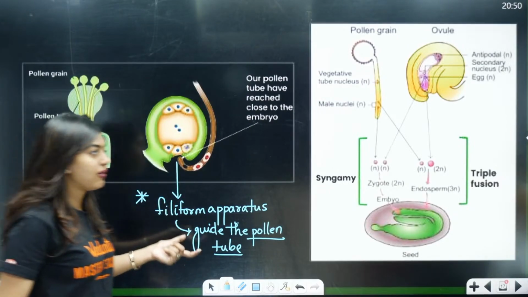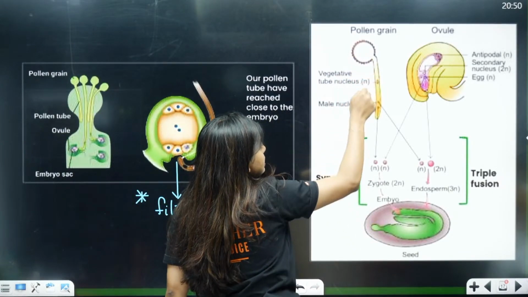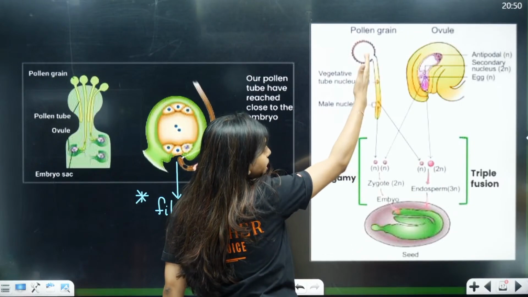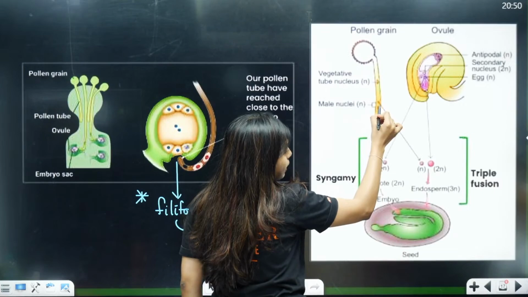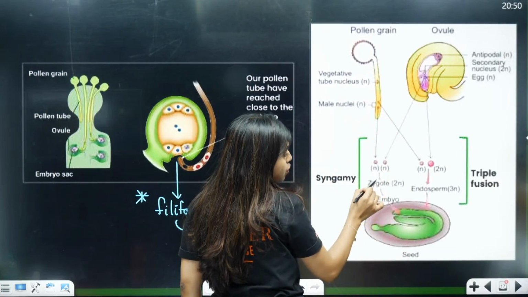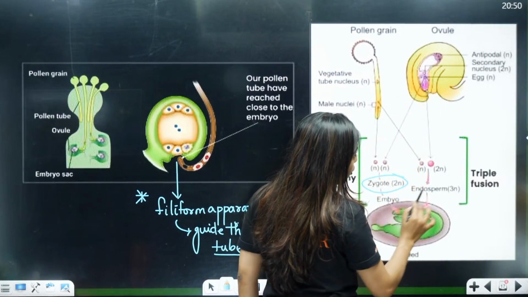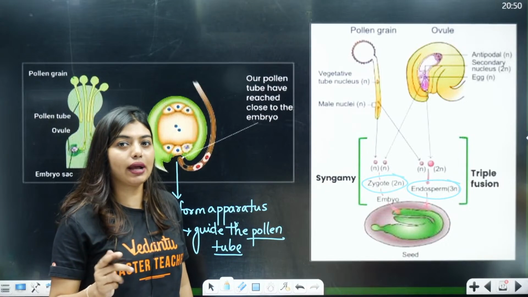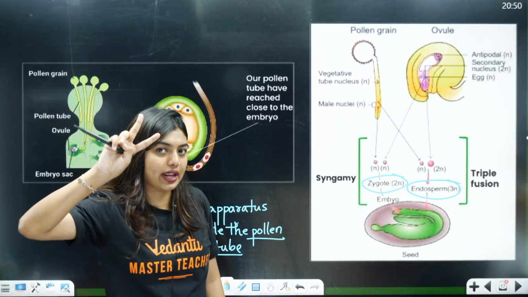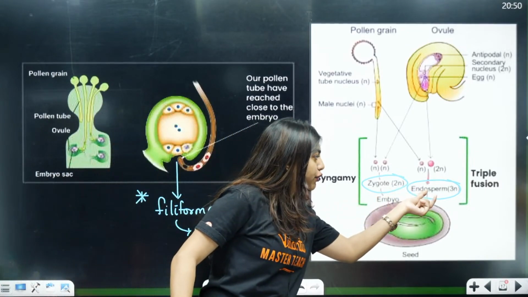This is clear? Fine. Now look here students, as you can see, pollen tube is there, the tube nucleus and the male gametes are there, male nuclei are there. Again they are coming in, you can see zygote plus, so one male gamete fusing with the egg is going to form your zygote, which is 2n, and one male gamete fusing with the polar nuclei is going to form 3n, that is endosperm. Okay, triploid. Why? Because polar nuclei is 2n. Nucleated, but one cell we consider it, right? So it is going to form endosperm.